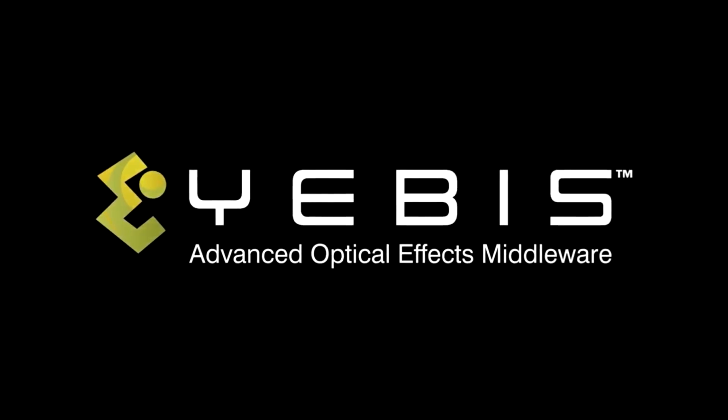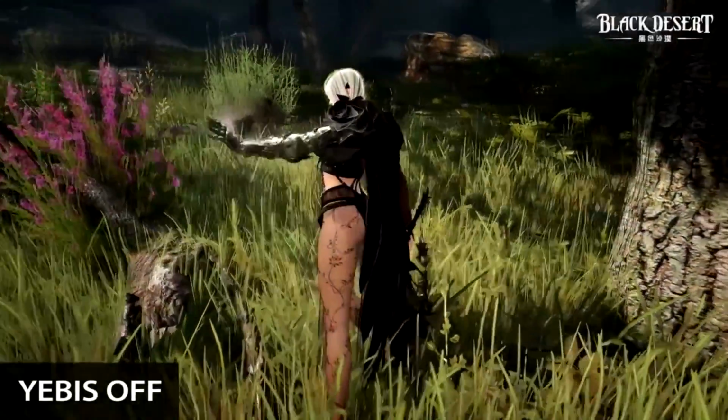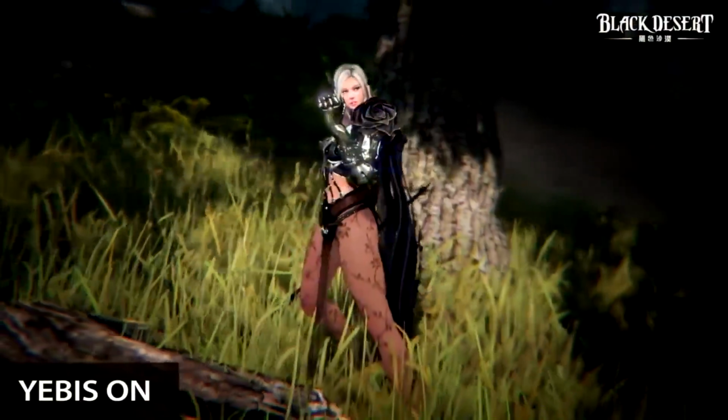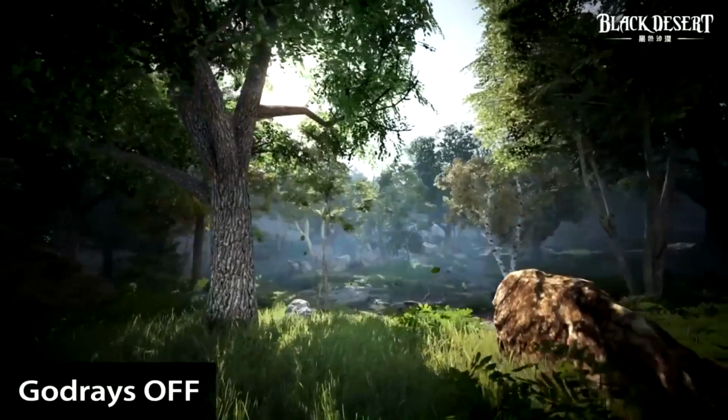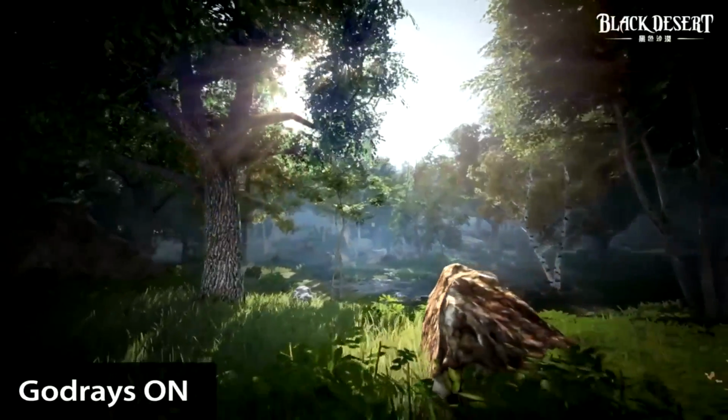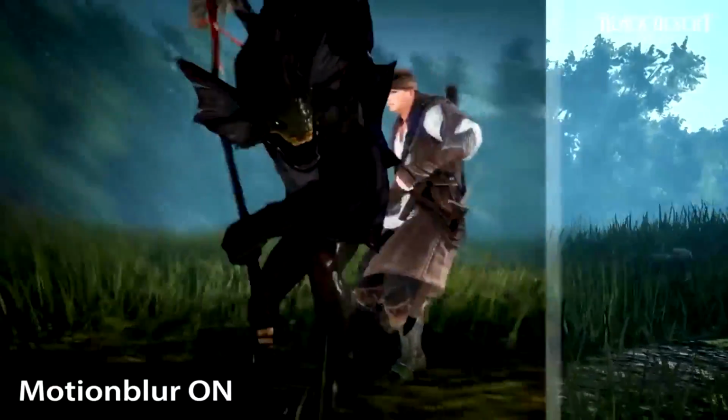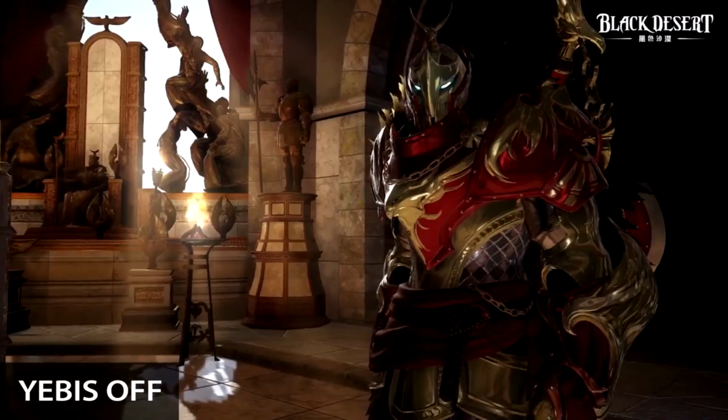So some time ago we saw that Silicon Studio extended its support for its Yebis post-processing effects middleware to the Nintendo Switch. Silicon Studio revealed at that point that its post-processing effects middleware graphics package called Yebis now supports the Nintendo Switch. Now Yebis, now up to version 3, allows developers to add glare, depth of field, motion blur, and anti-aliasing effects on their games, amongst other things.